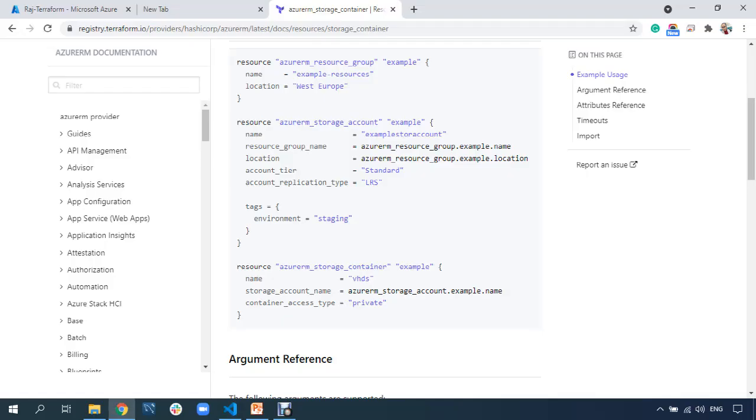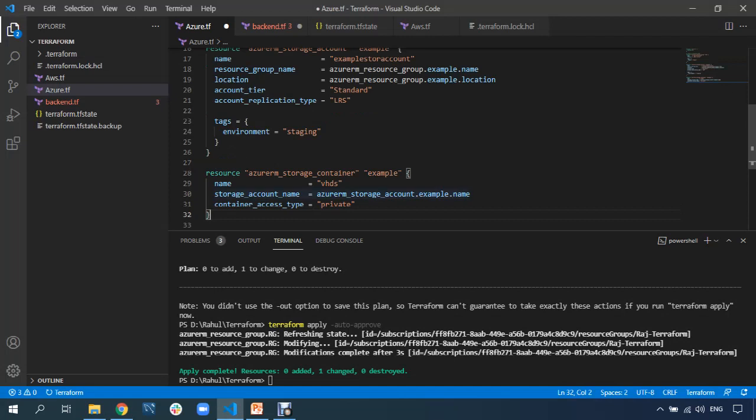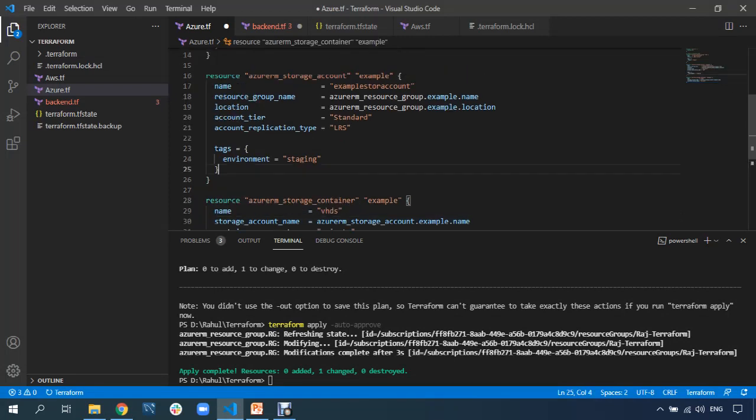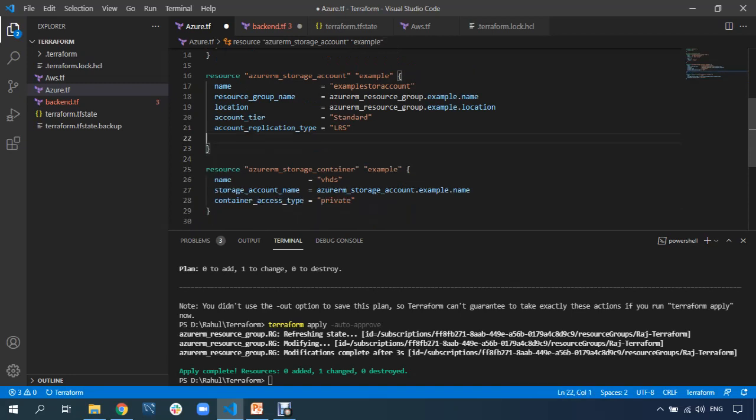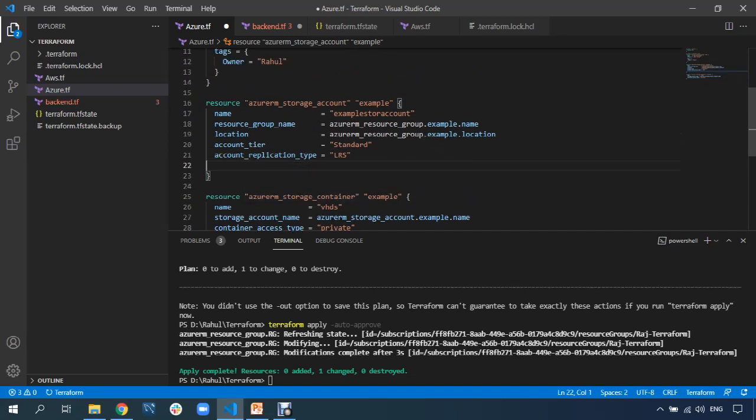I think it is not copied properly. Let me copy it again. So it is copied. I'll remove this tag, I don't want this tag. Okay. So now I have this storage account. I'll give the local name as storage.